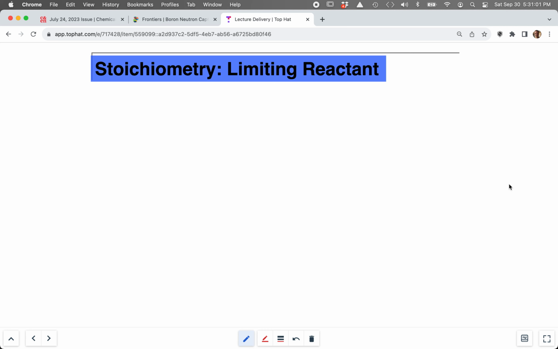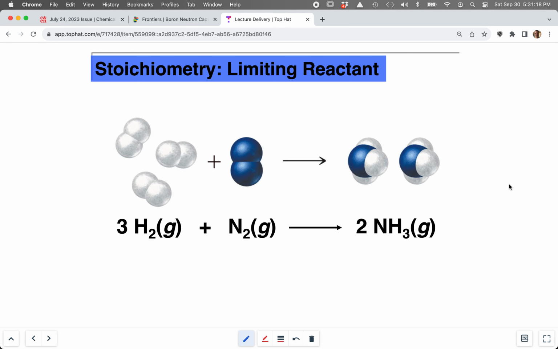So now in this section, we're going to examine the limiting reactant concept, and later we're going to show you how to use this to complete stoichiometric problems where you have to figure out the limiting reactant first to determine how much product can be made. So let's begin by looking at our molecular factory again,